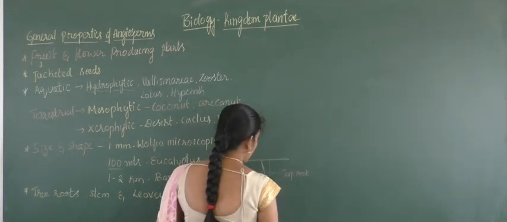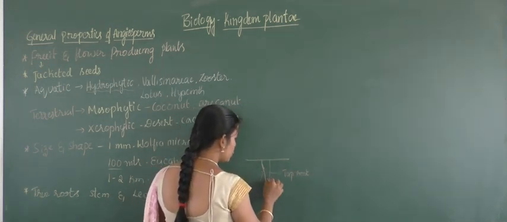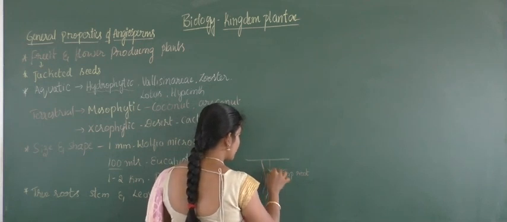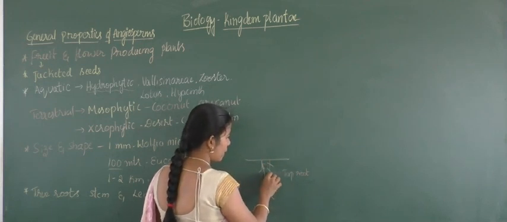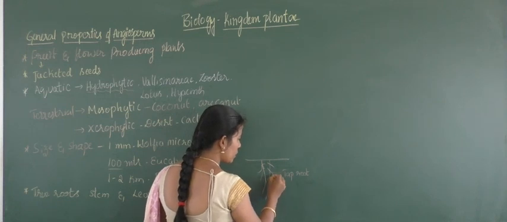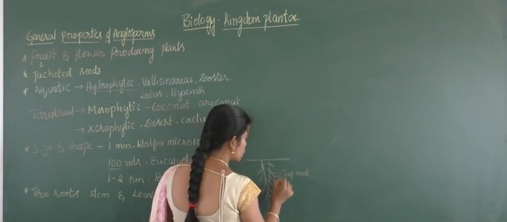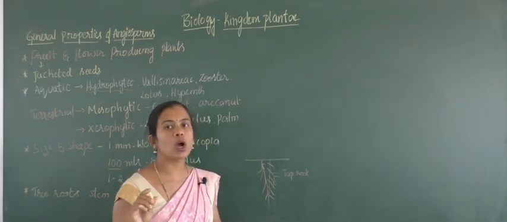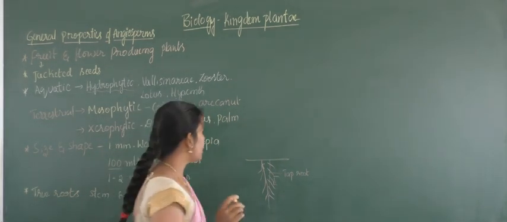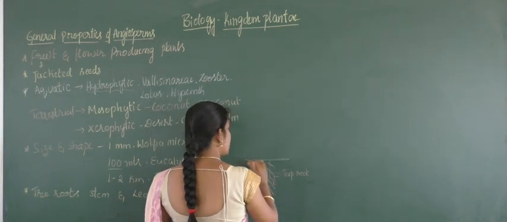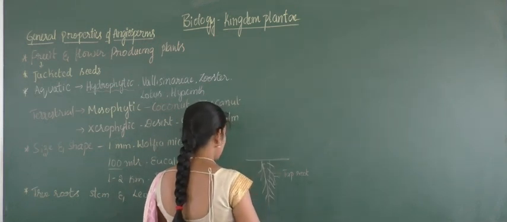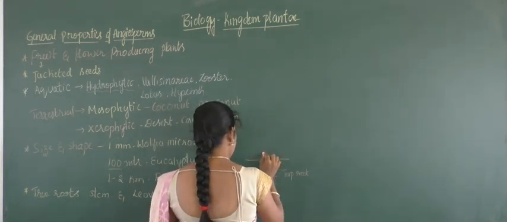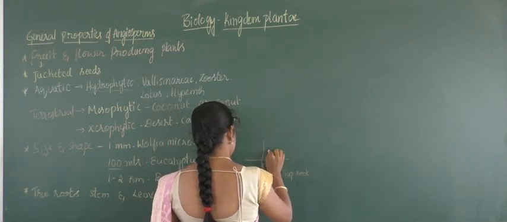Taproot, where you can observe many roots which are given rise by the taproot system, and these are primary roots and later secondary roots and tertiary roots. The root hairs are also present, which help in absorption of water and mineral ions. And then above the surface of the soil, the aerial portion will be there, and it is called the shoot system.